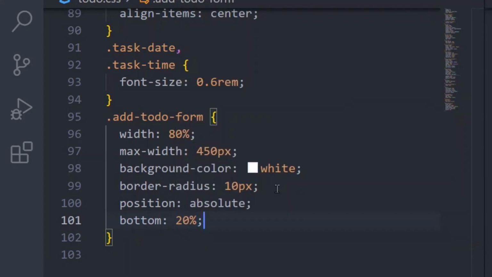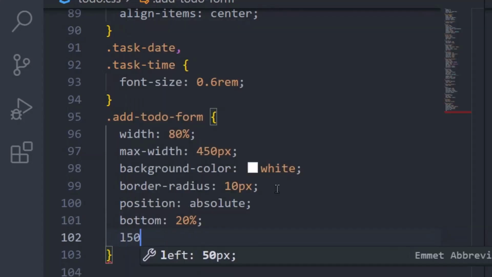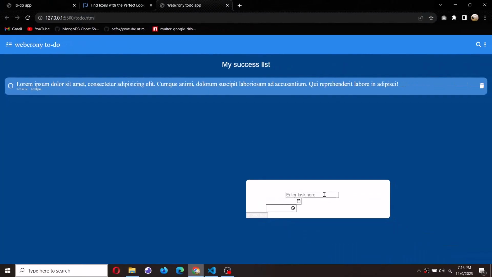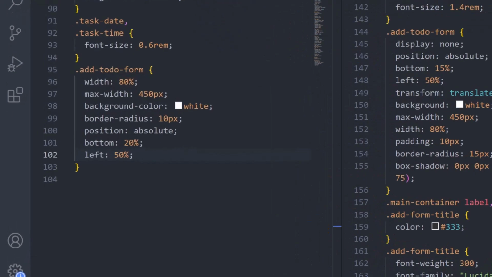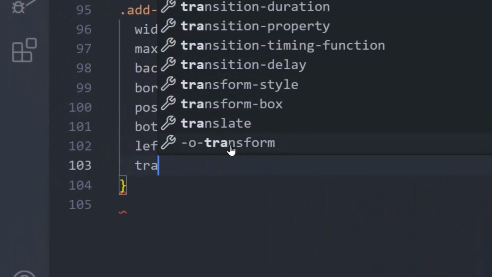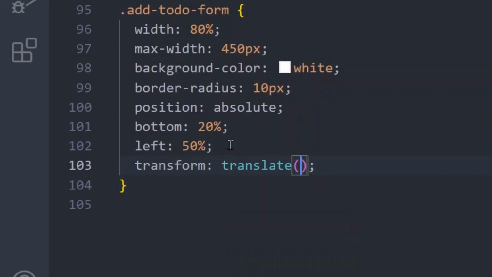from the bottom, and then from the left, let's set the left to 50%. Okay, now let's see. Okay, it is right here, but I want it at the middle. So what I'll do is that I'll use the transform method. So I'll set a transform and I want the translate, and because I didn't specify X or Y, I will have two data inside of the parenthesis. The first one will be for the left and right, and the second one will be for the top and